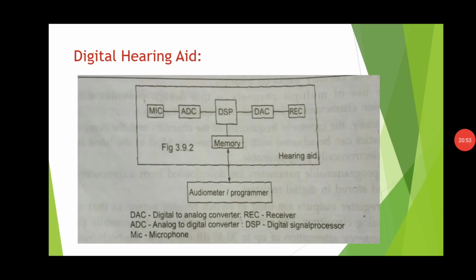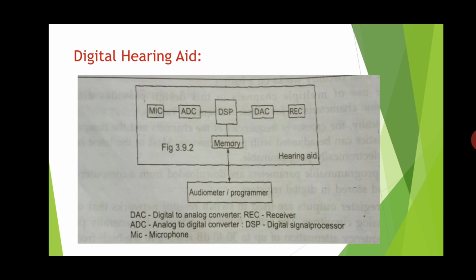Next we will see the digital hearing aid. Hearing loss has many forms. The most common is related to the body aging process and a long-term cumulative exposure of the ear to sound energy. These are the reasons. So to improve the hearing, they are using the digital hearing aid.